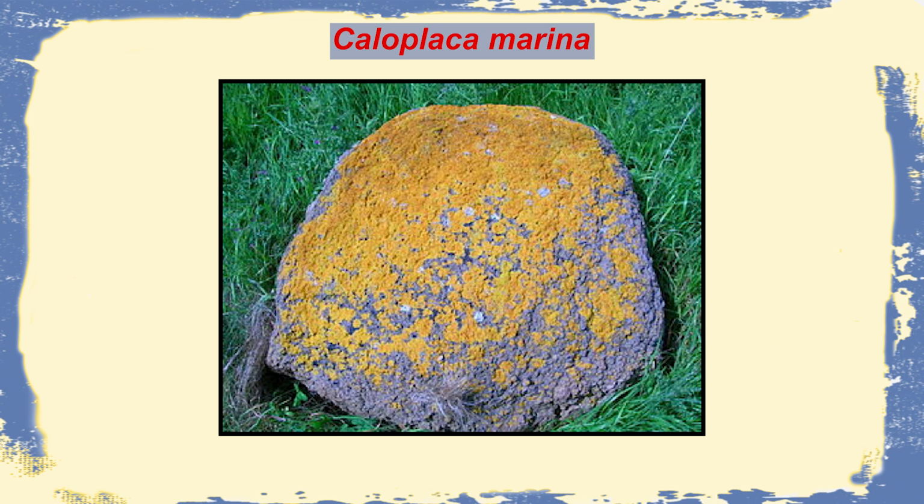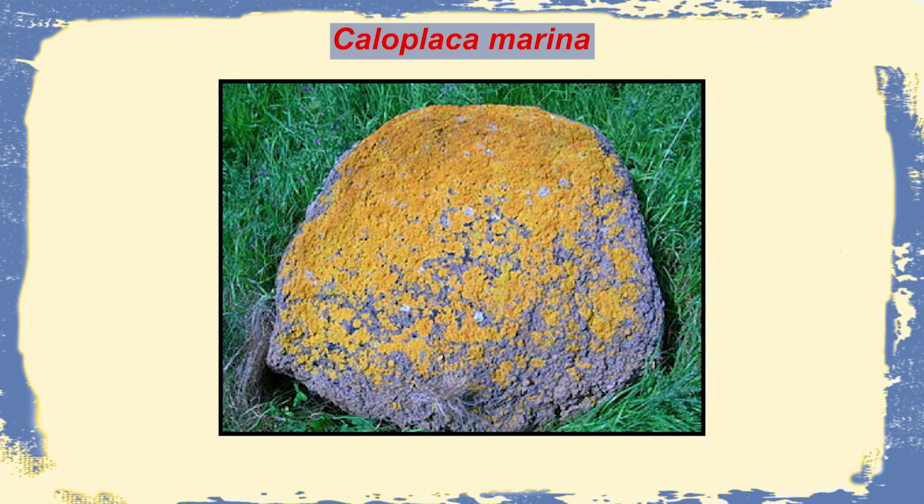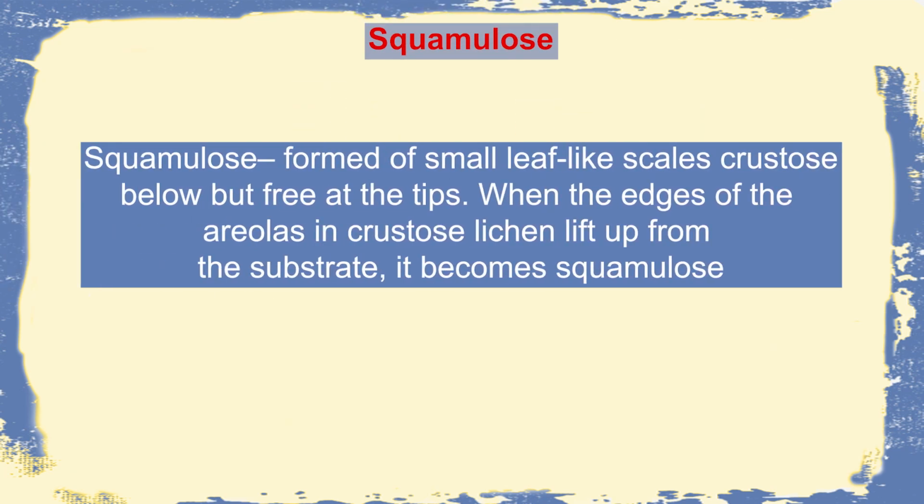It is so called because it is growing on a rock in the form of a crust. And sometimes it appears like a cracked up crust, like a dry mud flat. And they are also called rimose or areolate. And it includes the Caloplaca marina. Similarly, there may be another type which is called squamulose. Squamulose is